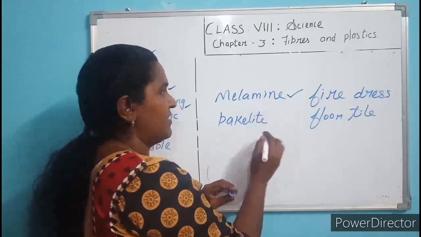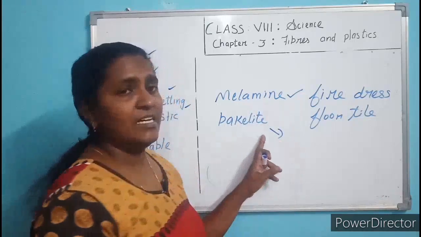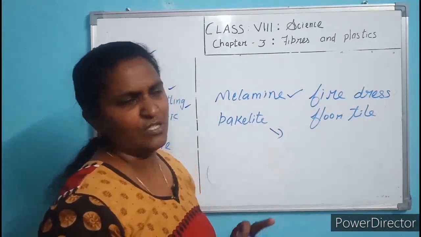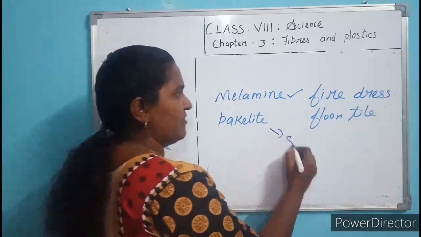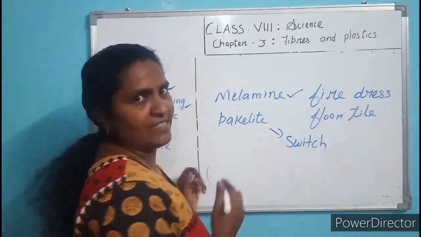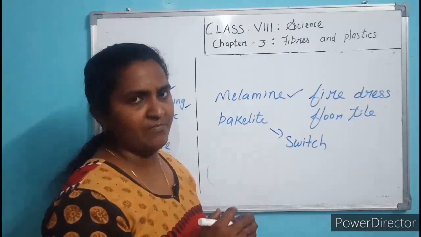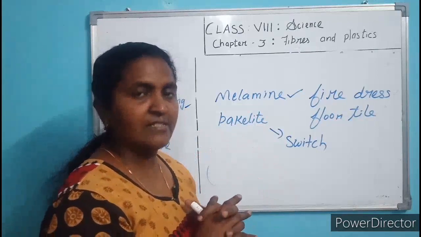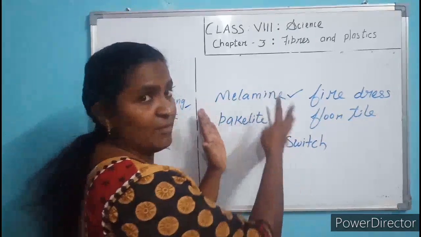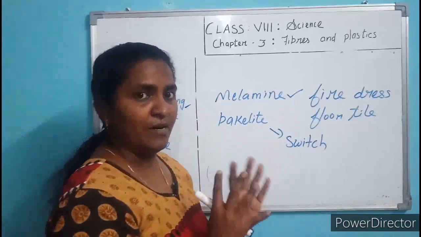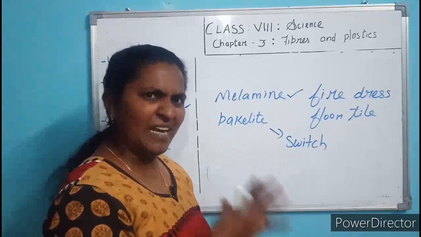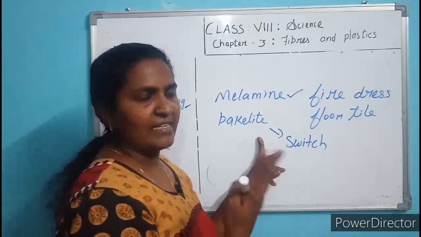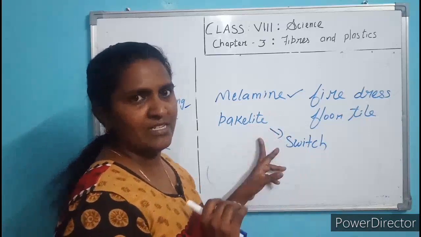Okay, it is a kind of plastic. And bakelite is a poor conductor of heat and electricity. So all the electrical appliances in our house, switchboards, these are all made of, what is that? Bakelite. These are thermosetting plastics. They are resistant to fire, heat and electricity. These are permanent. I told you thermosetting plastics are permanent, cannot be reheated, cannot be melted. So generally these are used in our electrical appliances, switchboards, etc.